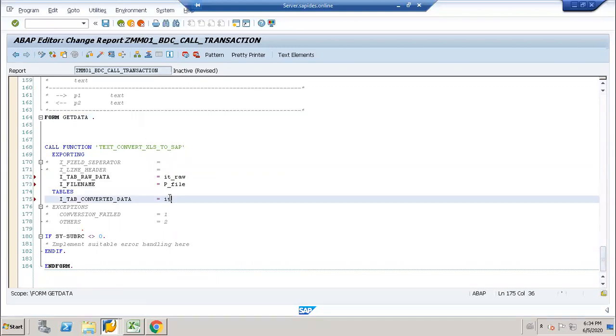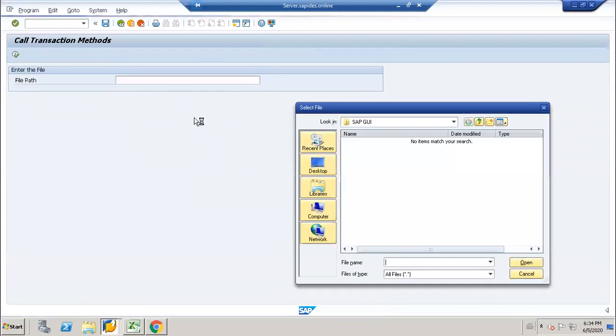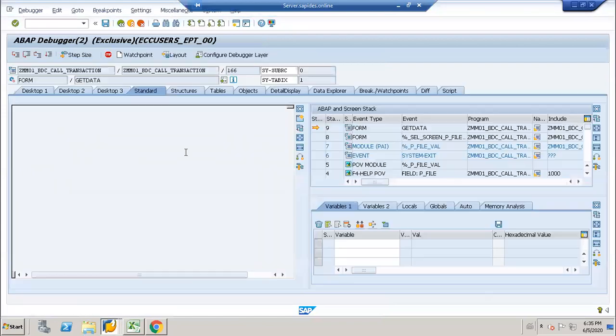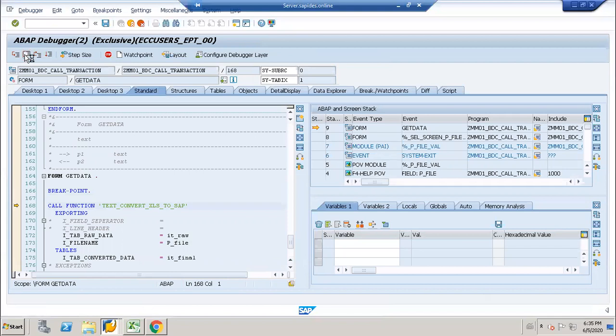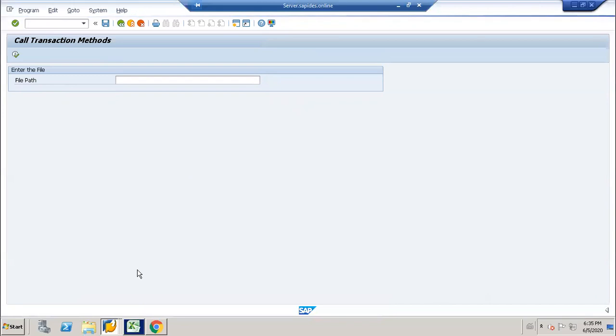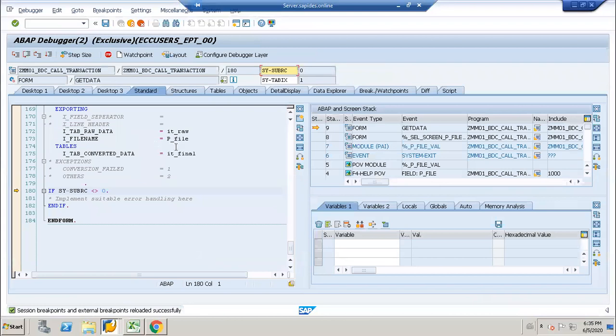Here I declare IT underscore. Now let me put a breakpoint here. Let me see whether I am getting all the 5 records or not. Okay. So just let me know. What is this file? That material upload, right? So it's upload. So can you see automatically it's going to that. Now it's asking for permission. Okay, allowed. But it's open. So while uploading, you should close that Excel. Okay. Here. So I'm getting all the records.